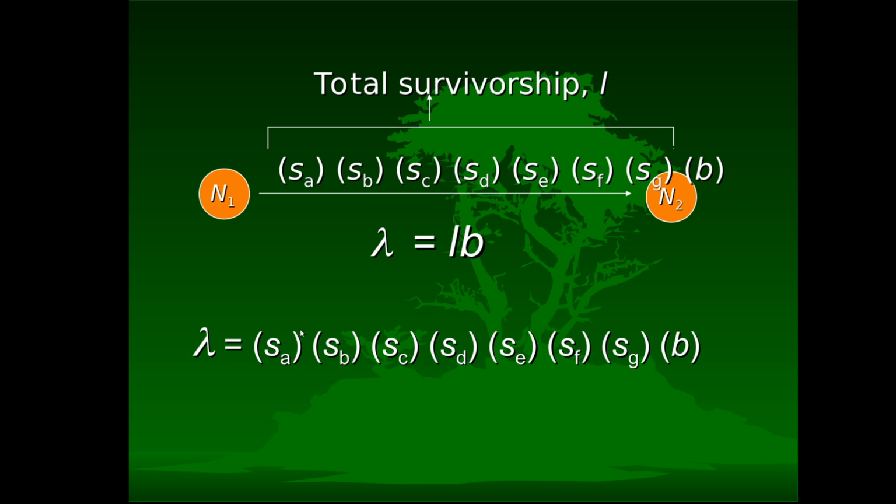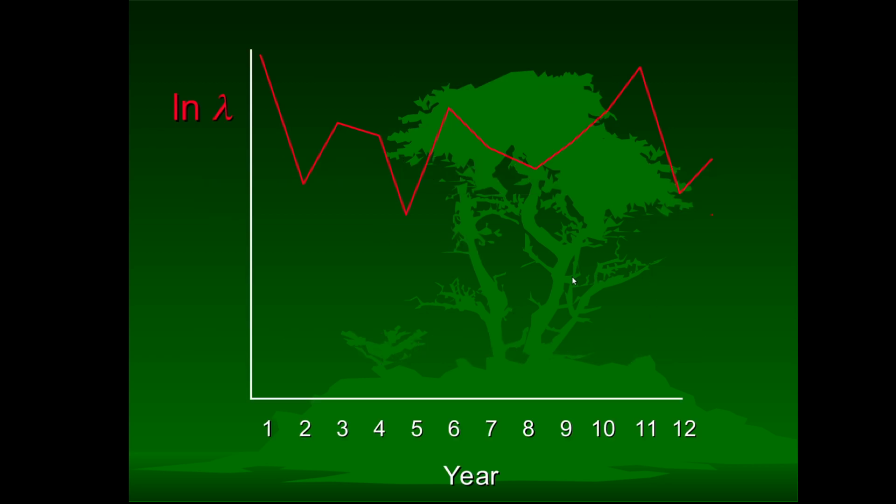These might be survival of different months or survival to different types of processes happening in the environment. And they're all multiplied on the raw scale, but you sum them up on the log scale. So you can take the log of lambda, and that log of lambda is equal to the sum of the logs. Okay,